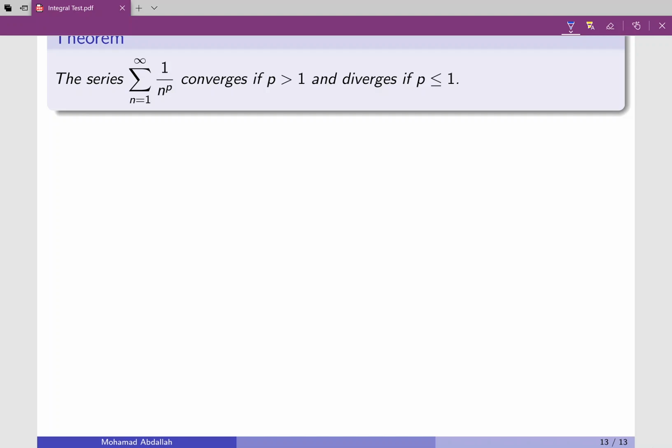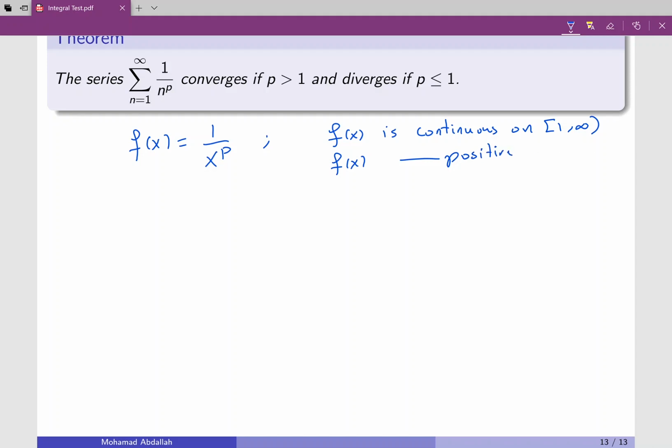Okay, so consider the function f of x equal 1 over x to the power p. First note that f of x is continuous on 1 to infinity. Also, f of x is positive because the input x is positive. Any positive number raised to any exponent is positive. Now, is it decreasing? Yes,